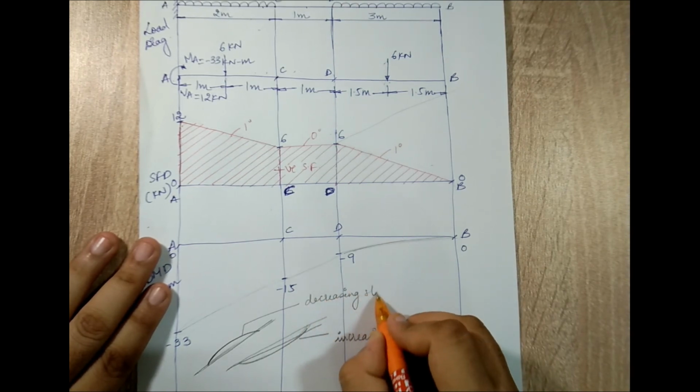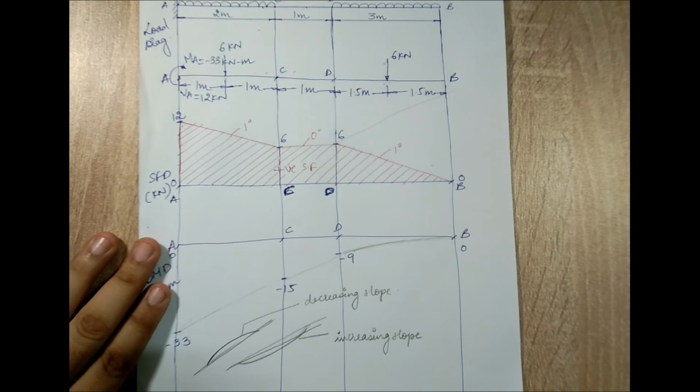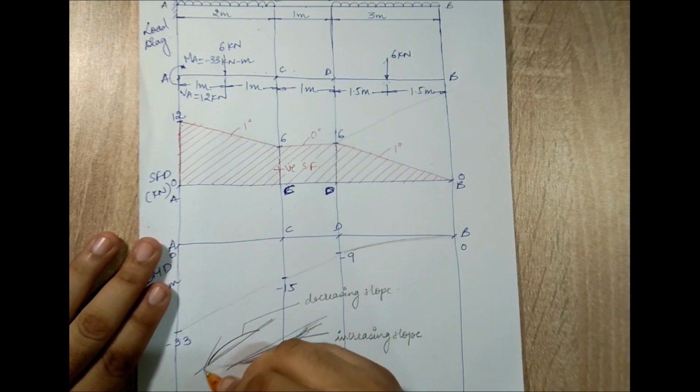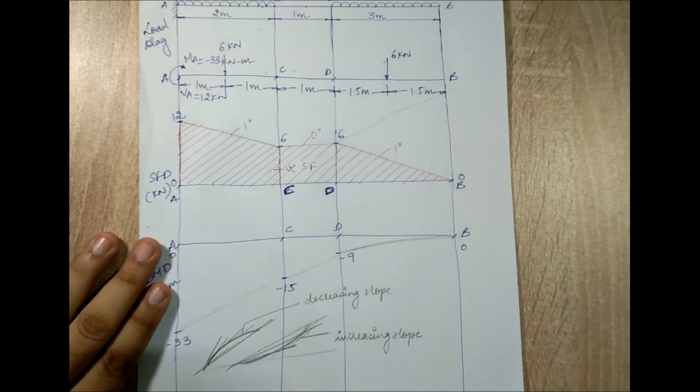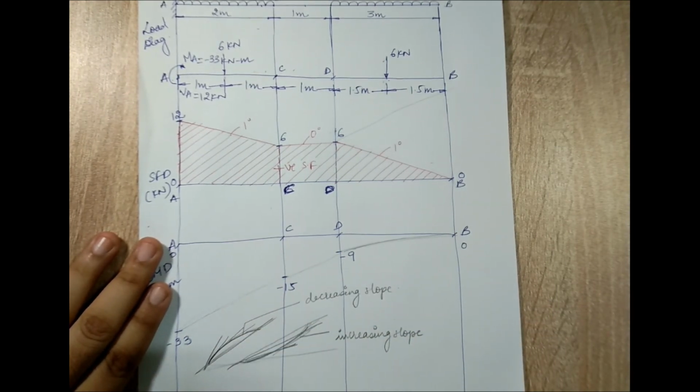Now this is actually a mathematical concept which I am telling you. When you see this and if you see the angle over here, the angle over here will be of increasing slope type, and here if you check the angle of inclination for this curve, it will be of decreasing type. Hence I am going to draw the curve of this sort.